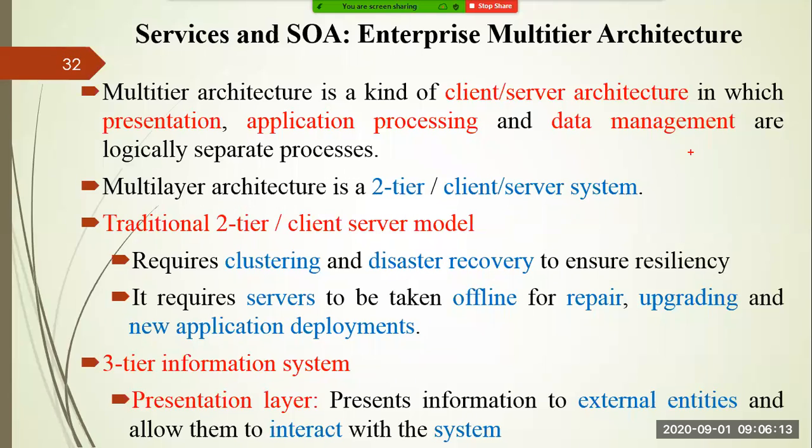But if you go for the traditional systems, let me specify the one-tier architecture. In one-tier architecture, there is a dumb terminal, and this system does all the work. Whether presentation, application processing, or data management, everything is done by this dumb terminal only. There is no logical separation. One client can access this computer, and everything is managed in that terminal only. But in the traditional two-tier architecture or client-server model, there is a client